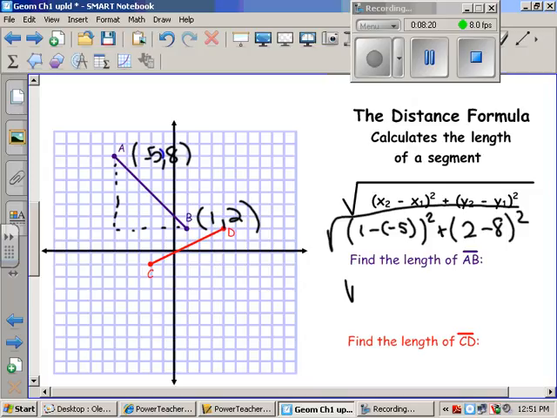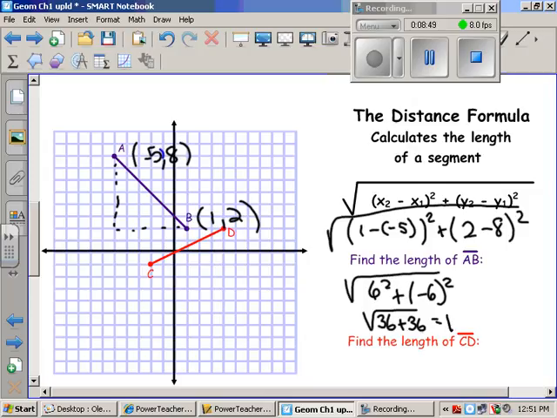That gives me, still under the big square root, 6 squared. And then 2 minus 8 is -6. So I have -6 squared. So 6 squared is 36. And -6 squared? Oh, careful. Negative times a negative is a positive. So it's positive 36. Okay, so I have the square root of 36 plus 36, which is the square root of